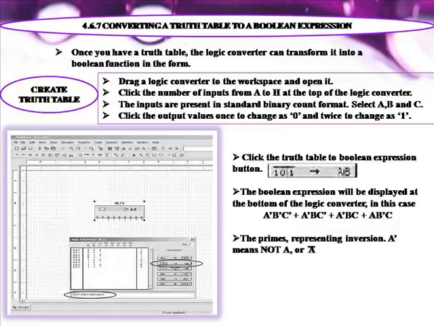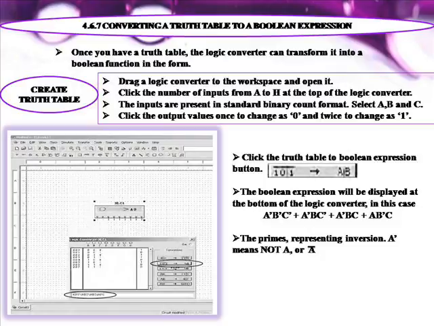Converting a truth table to a Boolean expression. Once you have a truth table, the logic converter can transform it into a Boolean function. Create the truth table: drag a logic converter to the workspace and open it. Click the number of inputs from A to H at the top of the logic converter.